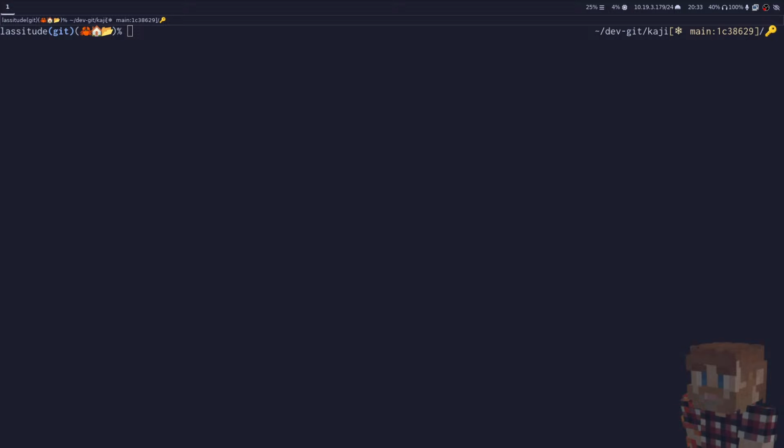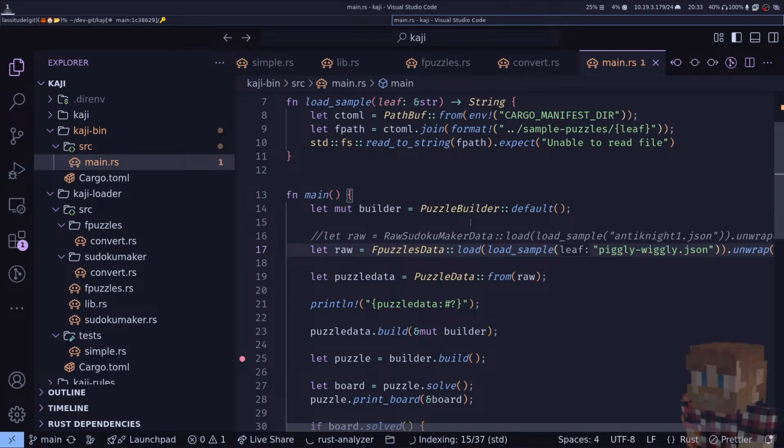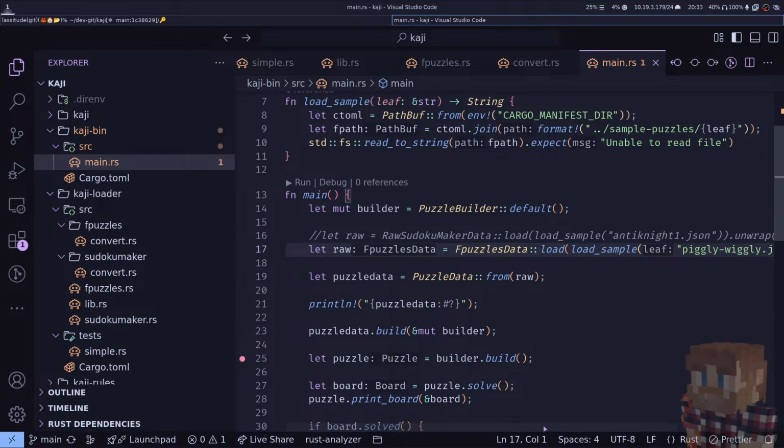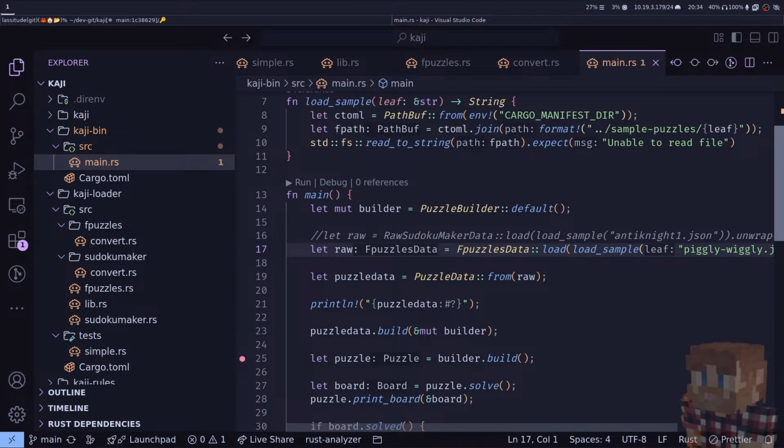So, last time that we were here, we reworked all of the inputs support for Kaji. So we added fpuzzle loading, and then we checked ourselves by loading in a Piggly Wiggly puzzle, which, if I remember correctly, let me see if I can find it. Oh my goodness me, where's Piggly Wiggly? There's Piggly Wiggly, an irregular 6x6. So what I'm going to do is suggest that we stick with 6x6s, but that we move on from